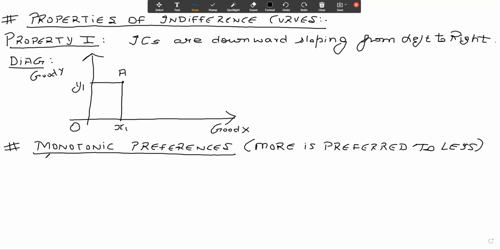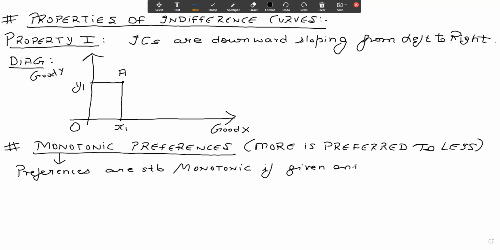Preferences are said to be monotonic if, given any two consumption bundles,